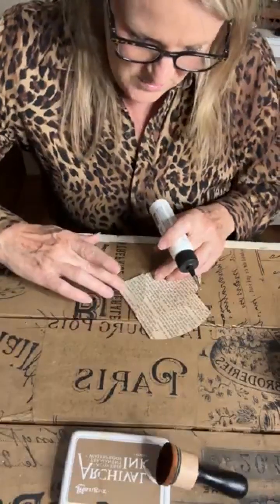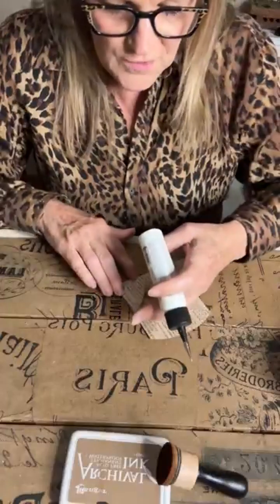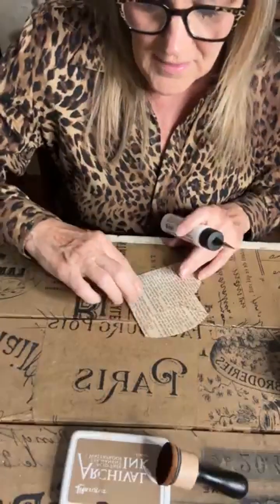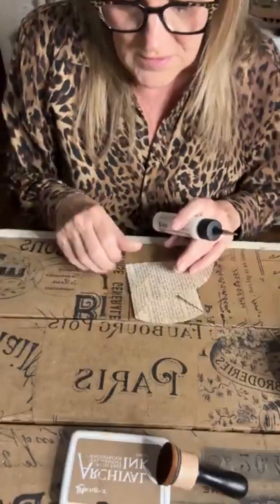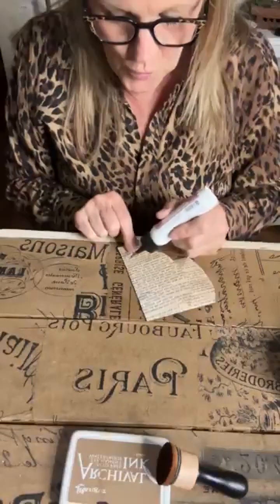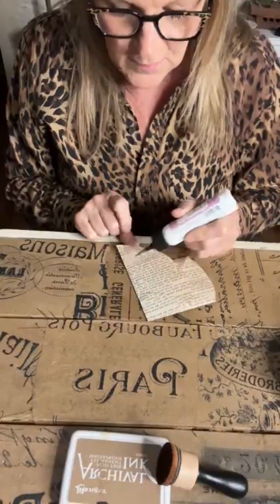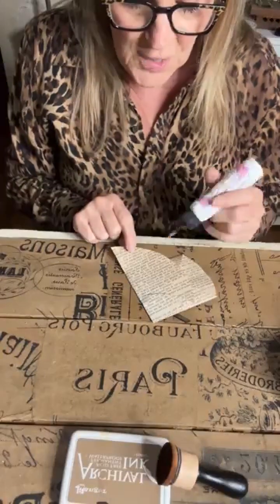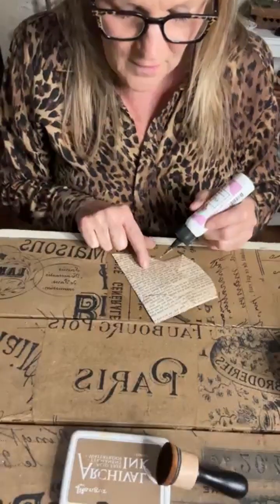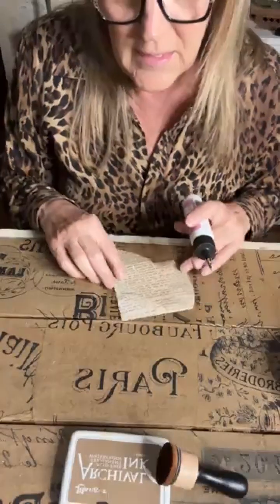So I just went around the edge, not this rounded part. The rounded part is my pocket. And I may not even put anything in there. I might let them put something in there. I don't know. But all you really need to glue down is this, because this is already still attached. But my paper is so delicate and crumbly, like, not delicate or crumbly. It is,